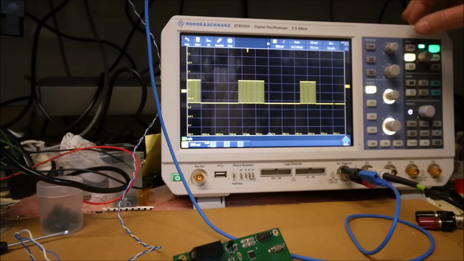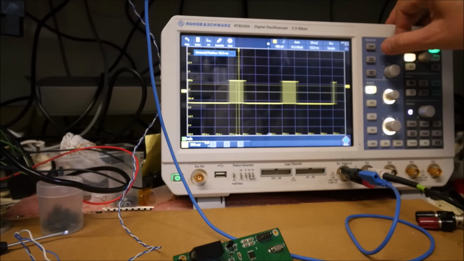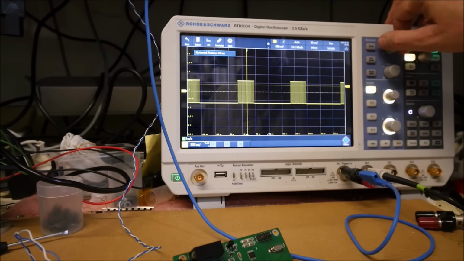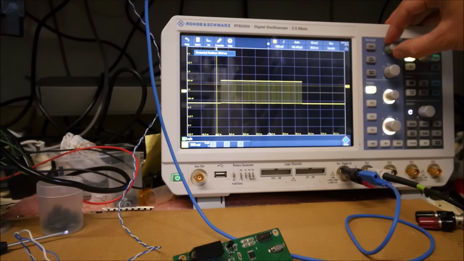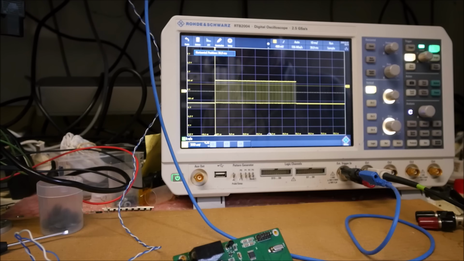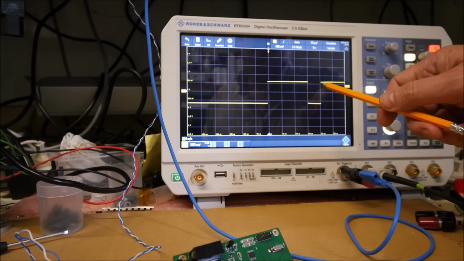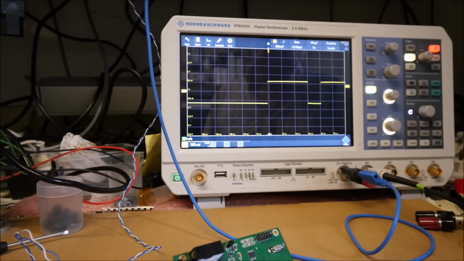We can see that some data are transmitted, approximately 5 messages per second. The duration of one complete message is approximately 60 milliseconds. One bit corresponds to approximately 50 microseconds. The baud rate should be 19.2 kilobaud.